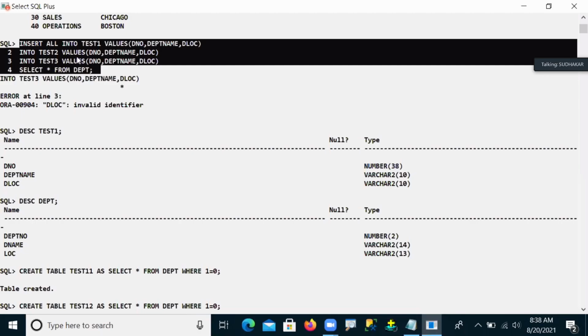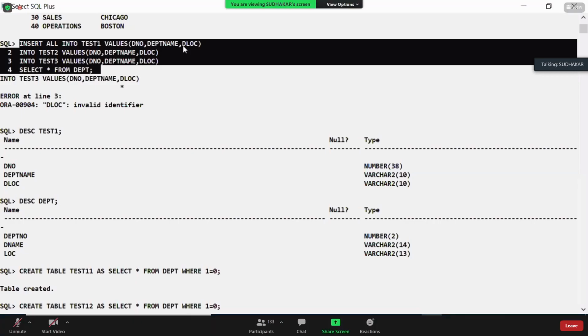No, all things are the same. Even though it was accepting the same column names also. All are the same. That means the number of columns are the same, the data types of columns are the same, and the column names also the same.